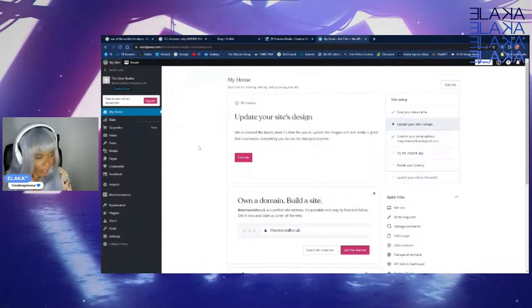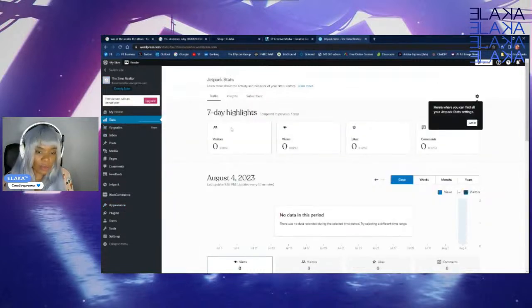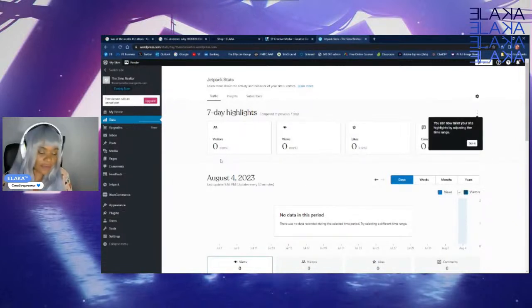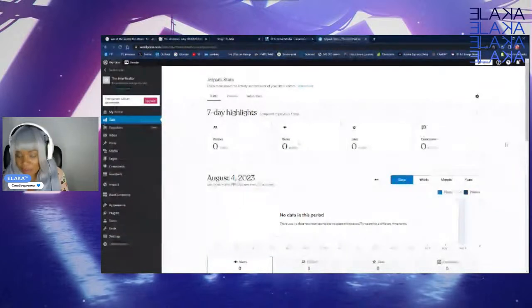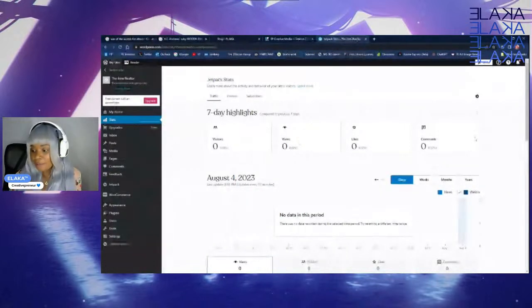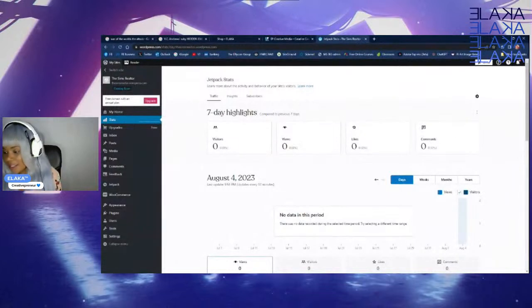So with that said, we're going to look through this. So here, it's got stats. Once your website is functioning and you're getting viewers coming, you're getting that traction, you can go to stats and you'll be able to see the visitors that you have, how many views, how many likes even, because remember what I said in the beginning,